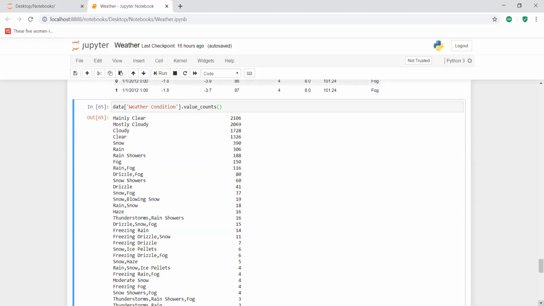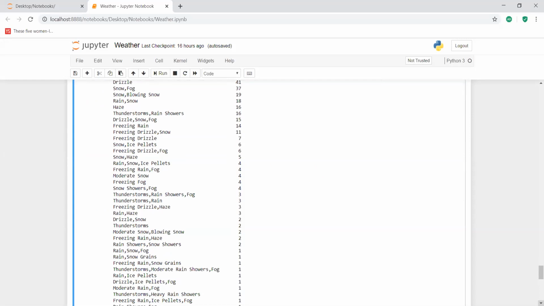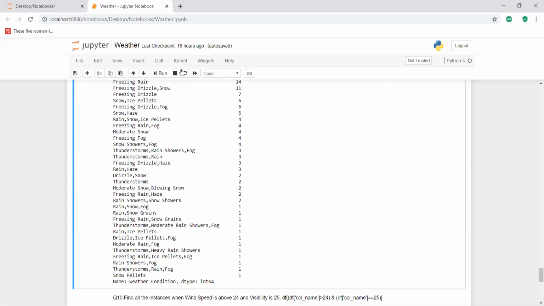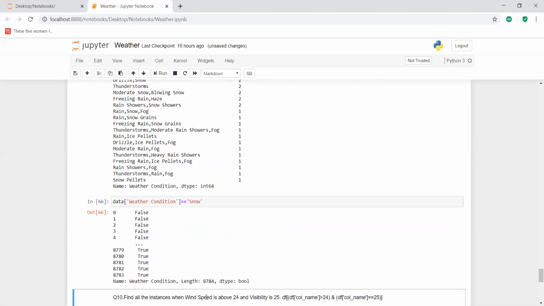Now we are getting into the filtering method. I'm referring to our column weather condition. I'm just going to give it is equal to snow. We will see what is happening now. So this is a Boolean set.